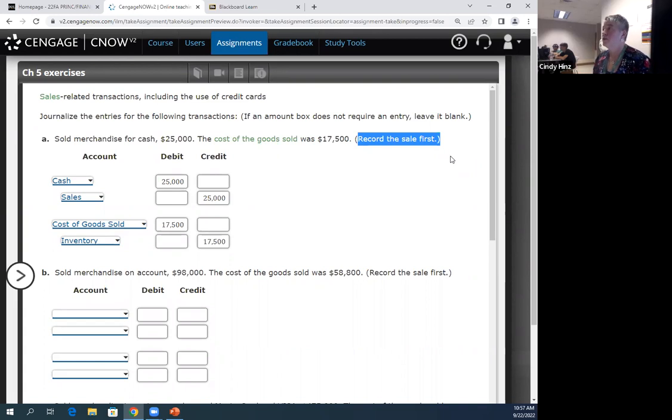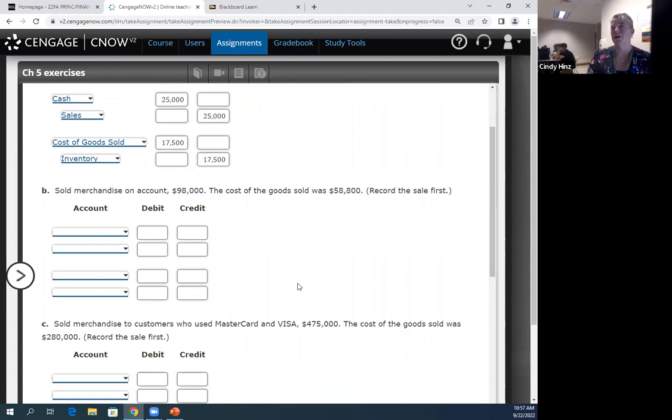It reduces our inventory. The only reason the exercise template tells us to do that is because if we put them in the opposite order, that's not what it's looking for. So it would mark it wrong. I would also guess they probably don't have the accounts yet, so we don't have cost of goods sold on that list. So it really forces you to do them in the order it expects. There's not a correct order, but there is an order that the program is programmed to expect to see and to mark correct.